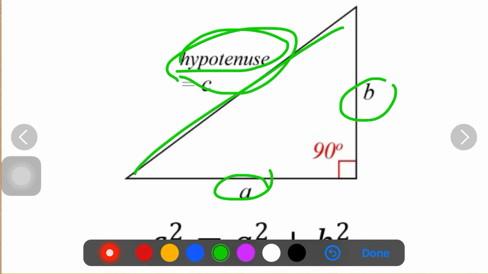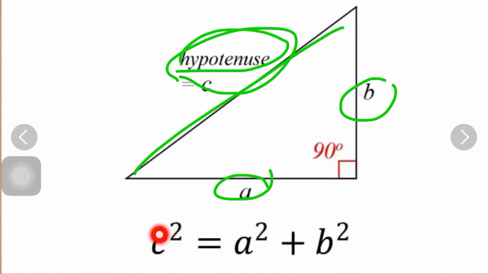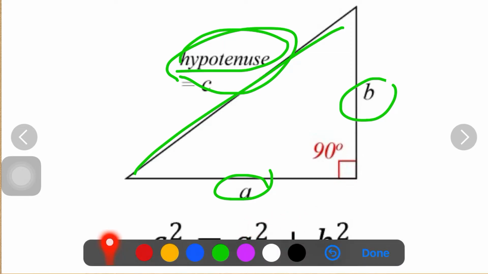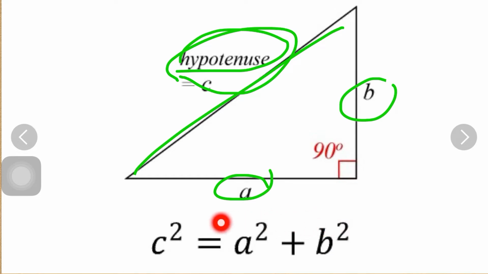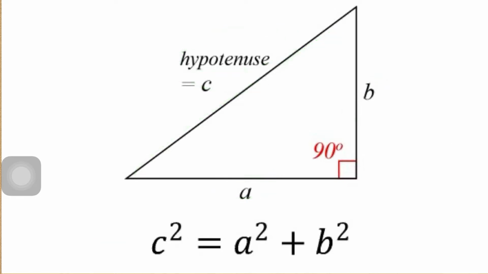It is called hypotenuse. So the formula for Pythagoras theorem is C square, that is hypotenuse square, is equal to one side square plus second side square, that is A square plus B square. Students, this is the hypotenuse side, meaning longest side, and this is the one side square plus second side square. This is the formula for Pythagoras theorem, which is applicable to the right angle triangle. By using this theorem, we are going to do this chapter. So let's begin with practice set 48.